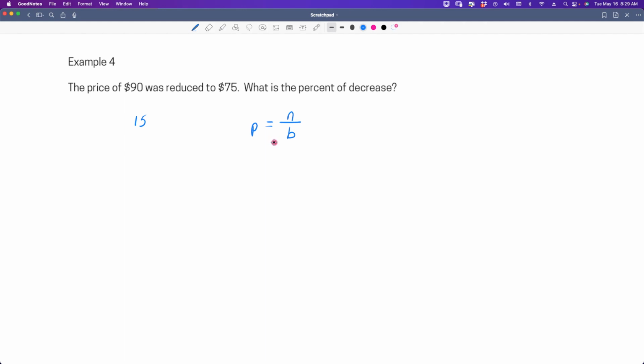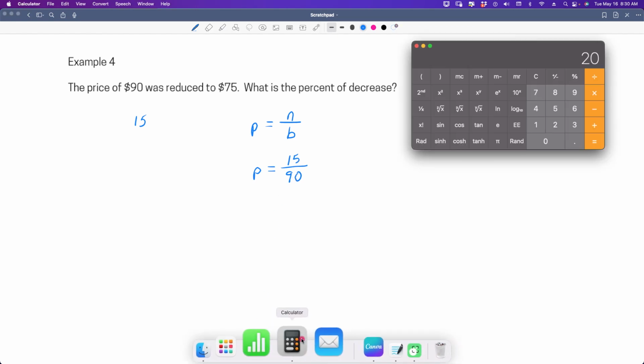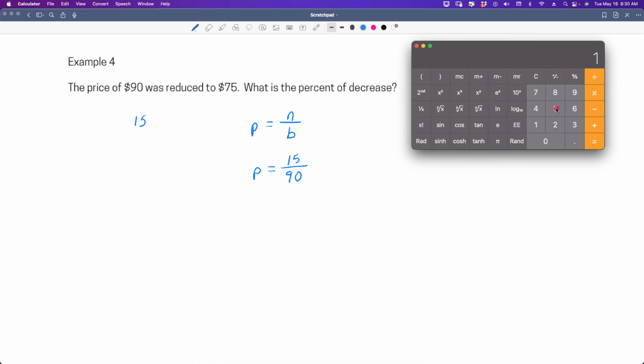So the question then becomes, which number do we use as our base? You'll use the original number as your base. So in this case, we're going to use 90. So the percent is equal to the amount of change, which is 15, over 90, because it reduced, it didn't go up. So we're going to use the amount that it was reduced from, which is our base. So when we divide 15 by 90,